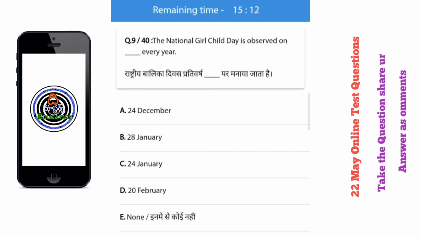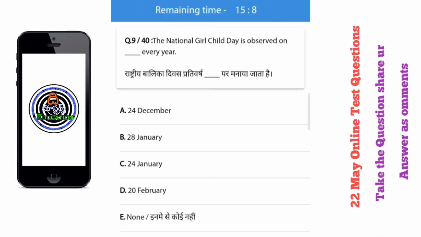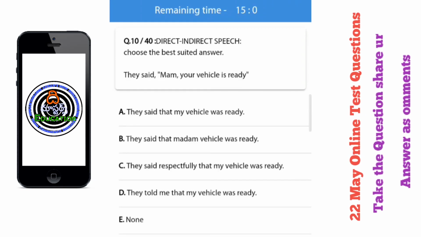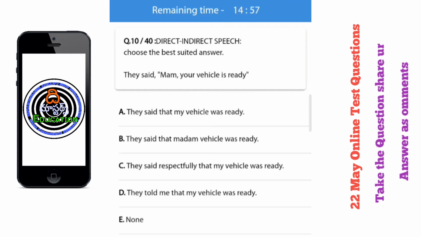The National Girl Child Day is observed on what date of the year? If you know this answer, post it in the comment section. And if you have doubts related to this question, post in the comment section, and I will clarify both.